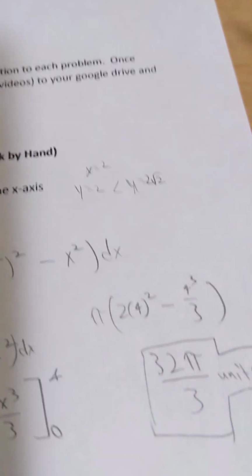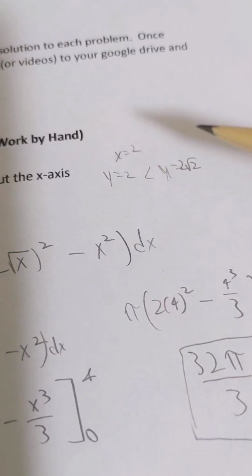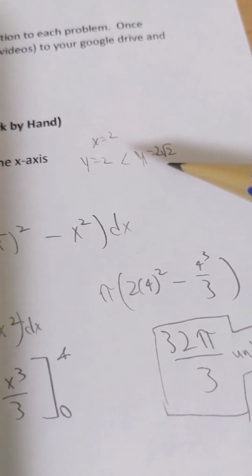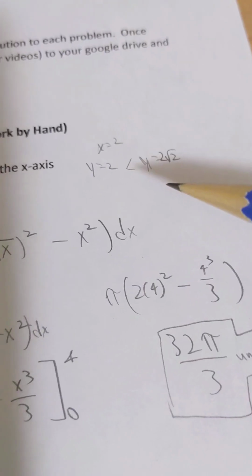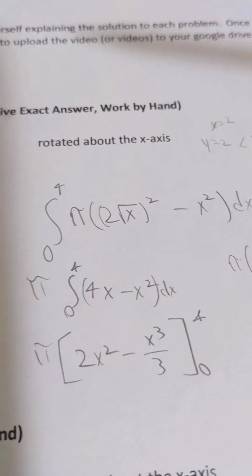And I pick a spot in the middle, x equals 2, to find that y equals 2 times the square root of x is the upper bound. So doing